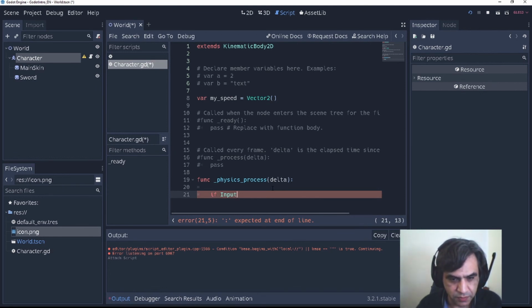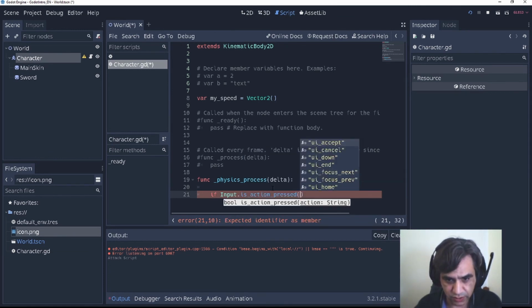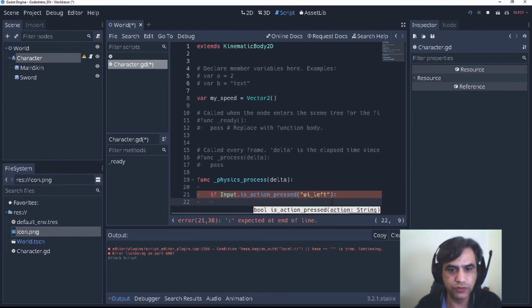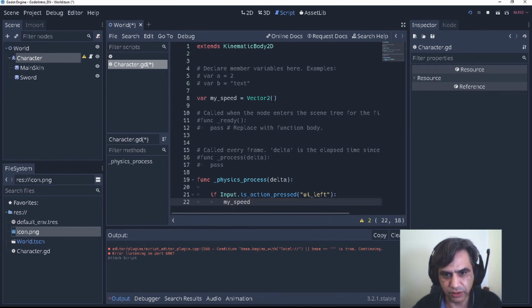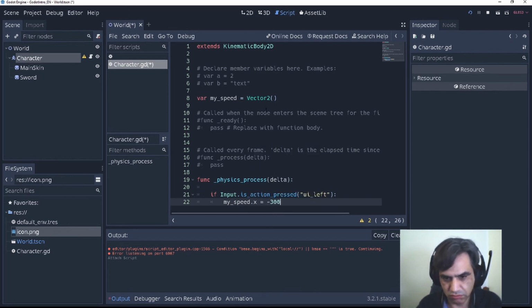So if Input is action pressed, we are going to use action pressed, and I'm going to select ui_left. I want to move left, so what I'm going to do is set my speed, this vector that I set here, so x is going to be minus 300.